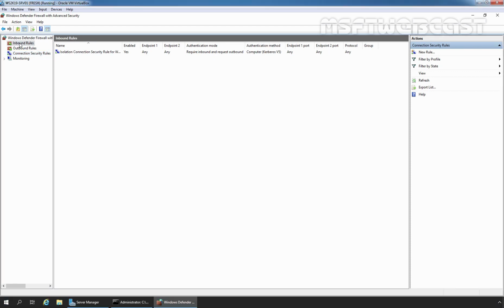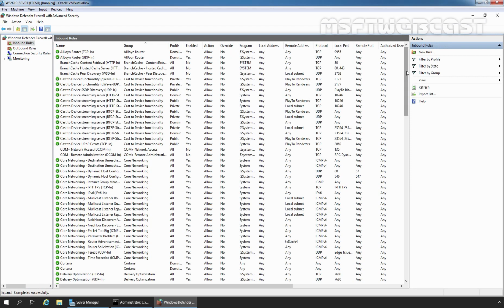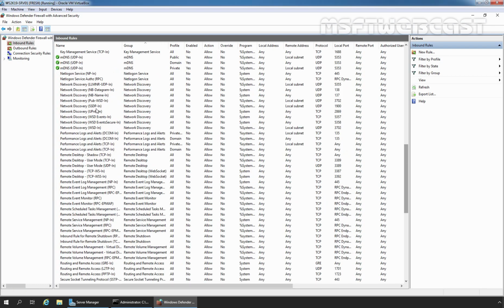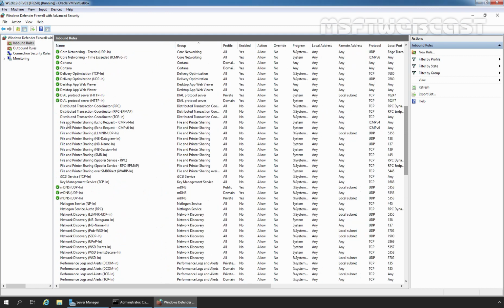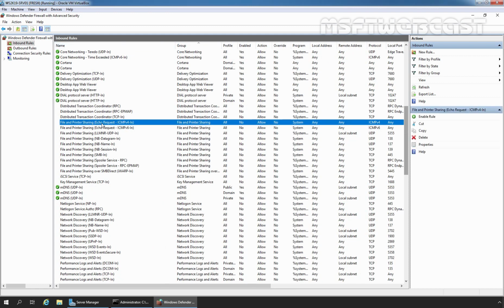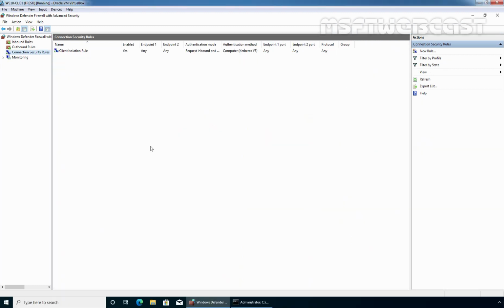So let's click on inbound rules, and I'll use predefined rules to allow ICMP echo packets. File and Printer Sharing Echo Request ICMPv4-In. Let's enable this rule, and now let's go to the Windows 10 client computer.